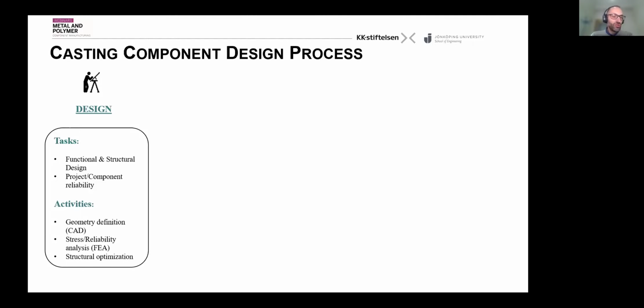To do that, usually it is supported by some tools like the CAD file for the shape and geometry definition, the stress or reliability analysis with the FEA model to evaluate if the stress on the component fits the strength